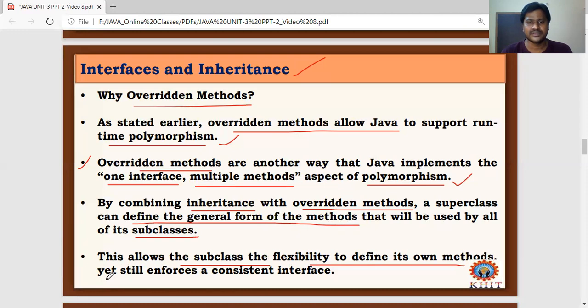Whenever classes extend this superclass, they can override the methods specified in general form and use the same signature in their subclasses, with the implementation done in their own way. So this still enforces a consistent interface.